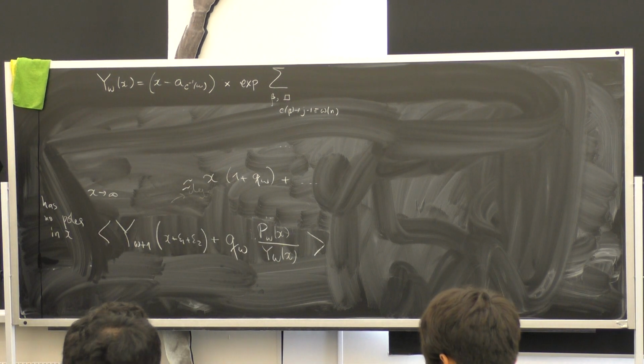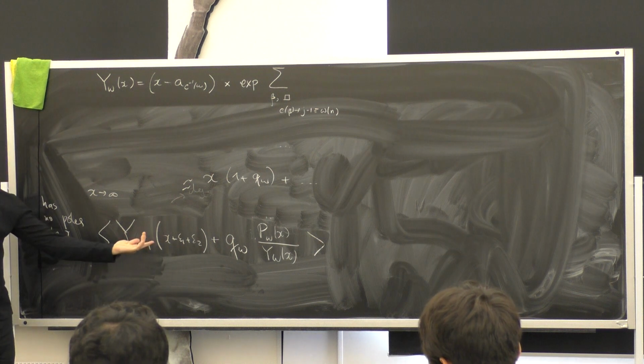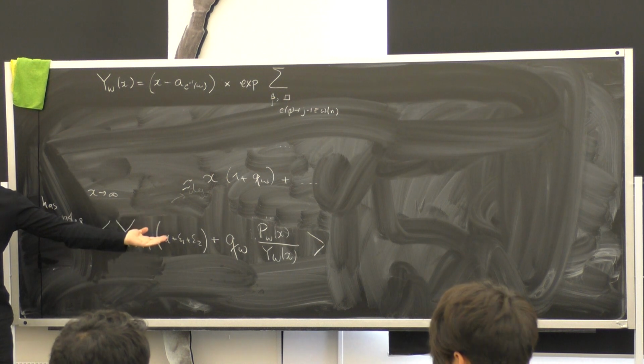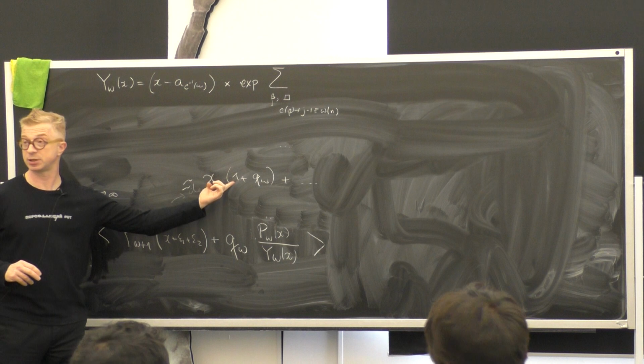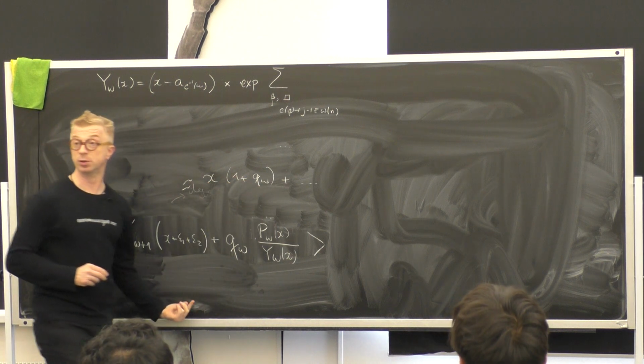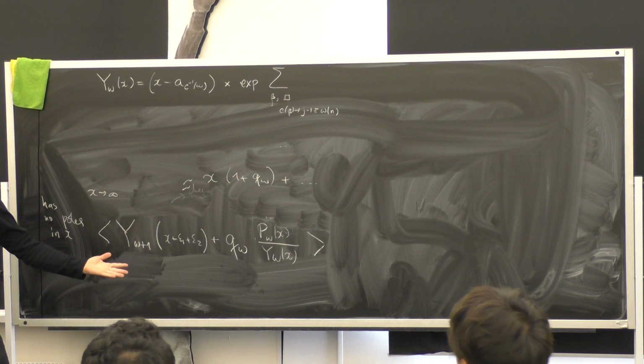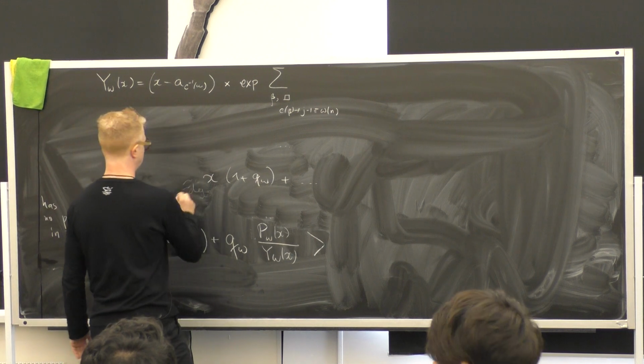Okay, so it's a function. So this expectation value is a function of x, behaves as a linear function of x when x is large, and has no poles. Therefore, it is a linear function of x. So it is equal to